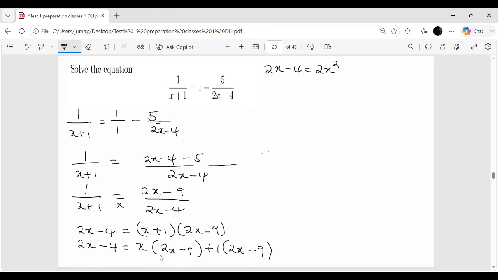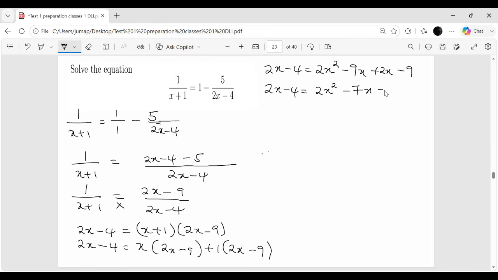squared. x times negative 9 is going to be minus 9x. Then positive 1 times 2x is going to be plus 2x. Then 1 times negative 9 is going to be negative 9. As a result, you're going to have 2x minus 4 is equal to 2x squared, and then this will be minus 7x, because negative 9x plus 2x is going to be negative